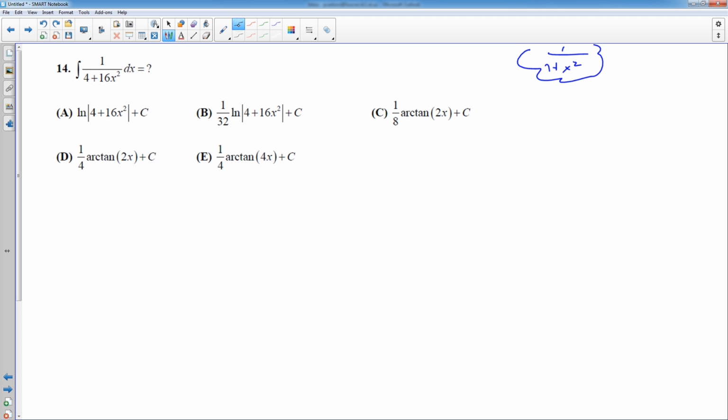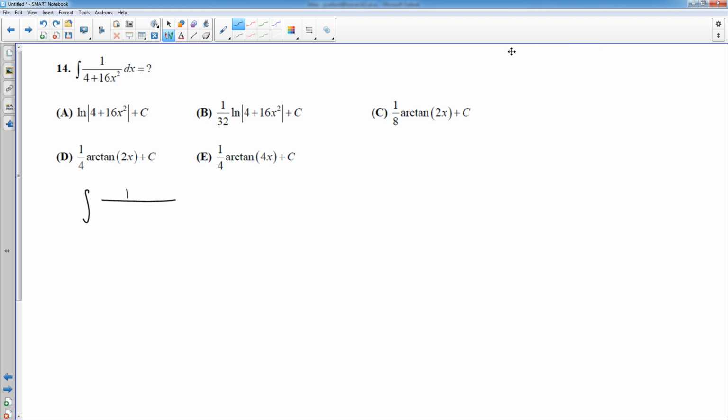So what I'm going to do is turn the 4 into a 1 by factoring a 4 out of the denominator. So that'll give me 1 plus 4x squared. No, I'm sorry. I would rather have a, I mean, that would work. We could either factor out the 4. I'm actually going to factor out a 16 because I would rather have a